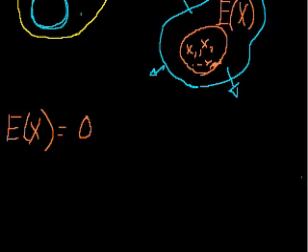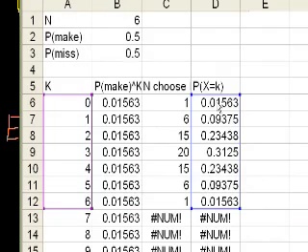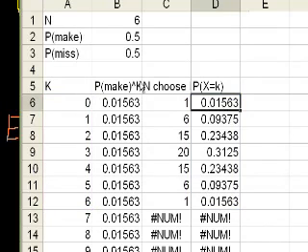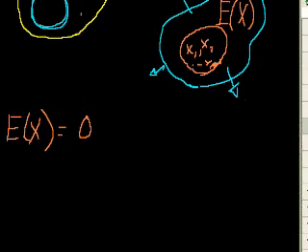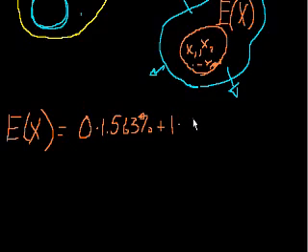We figured out before the frequency, and it's a little inexact because I don't have the exact numbers. So we get 0 showing up in our random variable 1.563% of the time. So let me write that. We can write it as a percentage: 1.563% of the time, plus 1 happens 9.375% of the time, and then plus 2 happens